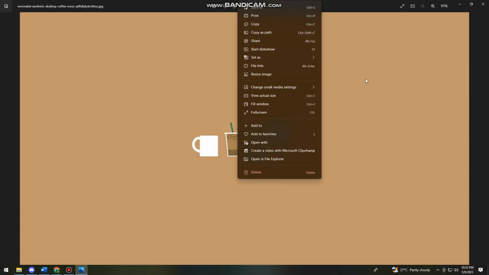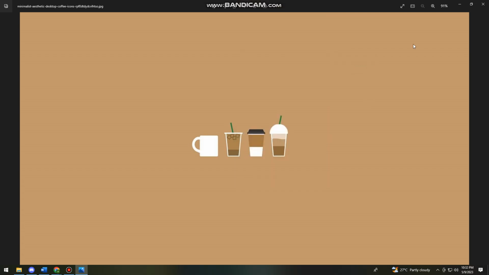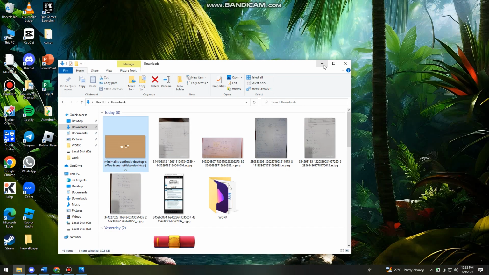then find the set as here, the set as background or lock screen. So choose any option that you want. So I'm just gonna choose background. When we exit,